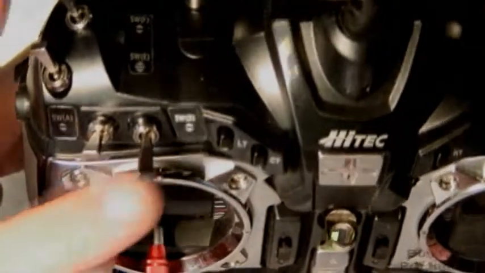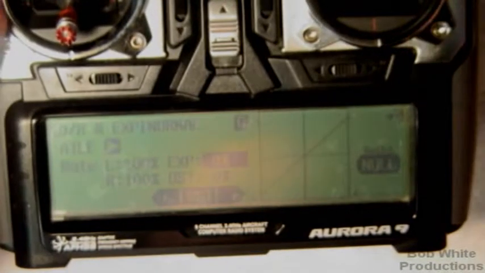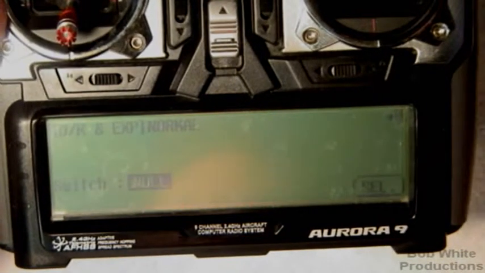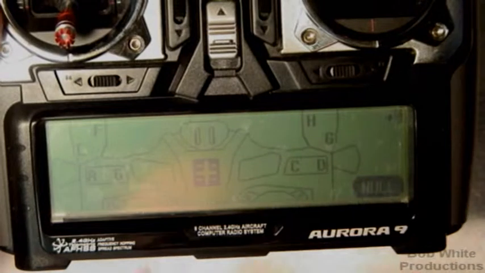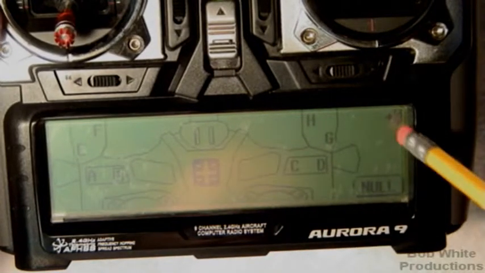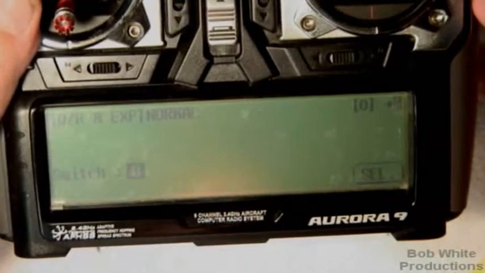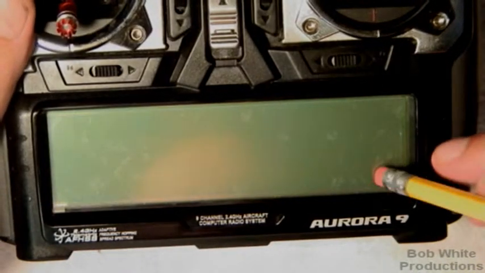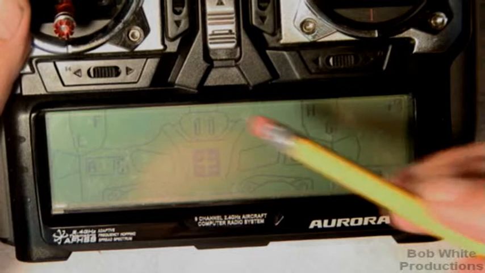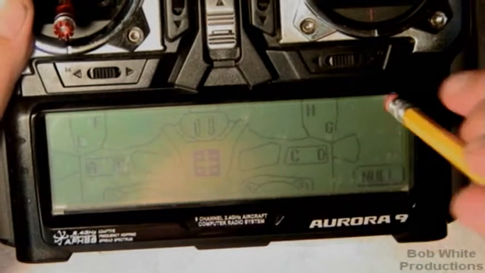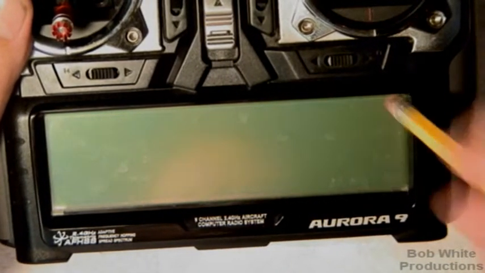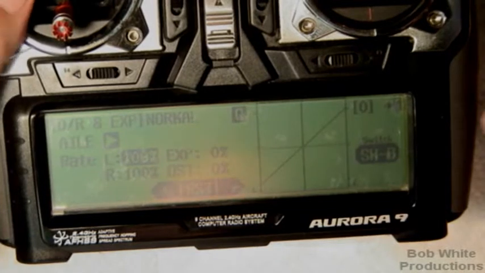So let's say I want to make switch B a dual rate toggle. All right, now this is interesting. So I'm going to go into null. I'm going to select a switch, and I'm going to select switch B. All right, and then once again, it's going to say, hey, switch B, which do you want here? Switch B. Hold on one second. Let me make sure I did that right. Okay, so now we back out. So now, if you'll notice, switch B